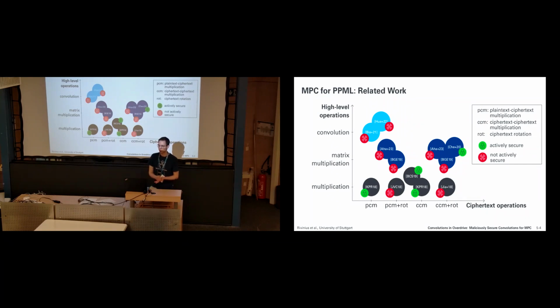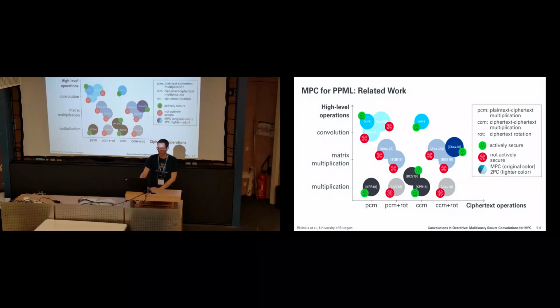If you analyze the protocols, you see that basically just one of these papers goes beyond the scalar case if you look at actively secure protocols. And everything else is also very limited, like the two-party setup, where we wouldn't support this generic any-number-of-servers client-server model. And this is where you would sort in our work. We have two variants of our protocol, with both types of ciphertext multiplications, and we are actively secure and for any number of parties. Later we will compare the actively secure protocols in our evaluation.